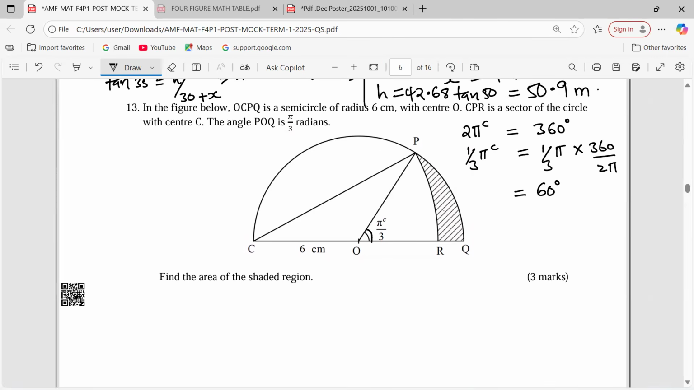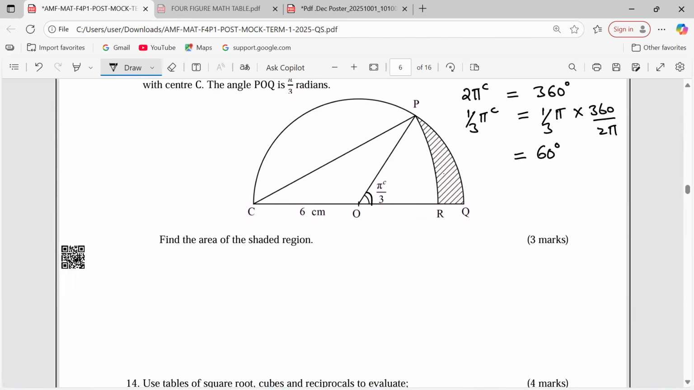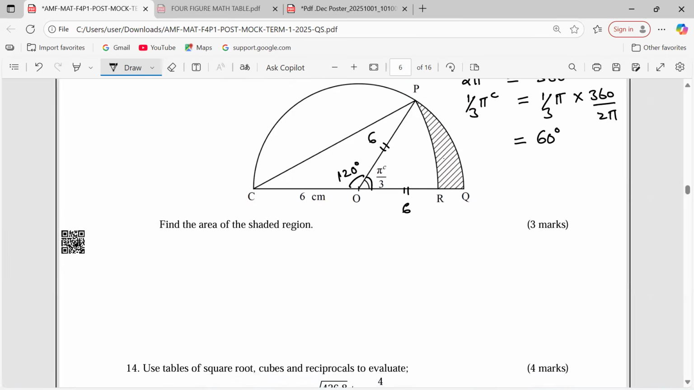So the first thing that we're going to find now, after knowing the angle there, we should know that the other angle now is 120. Yeah, like that. If radius is 6, then we need a 6 here. This is also 6 from O to Q. Yeah, that way. Then we can first find